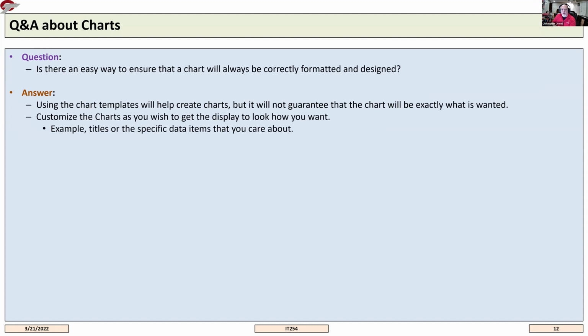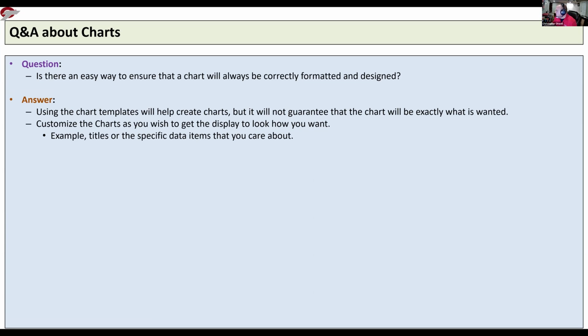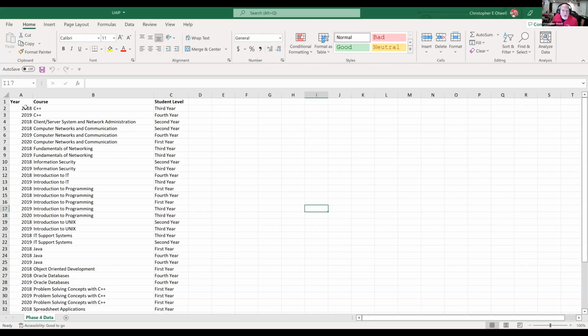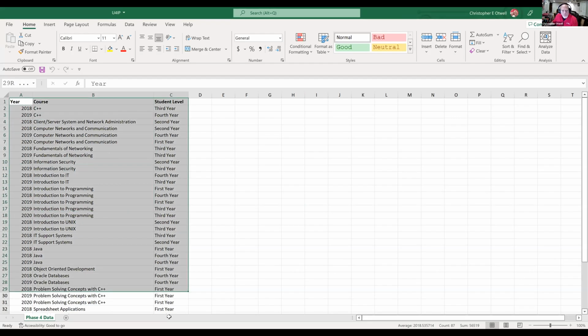Is there an easy way for a chart to always be correctly formatted and designed? Using charts, I'm going to go back to the spreadsheet again. This time, I'm going to put the spreadsheet on a different screen though. So if you take this basic list of data and you want to turn it into a chart, easy way